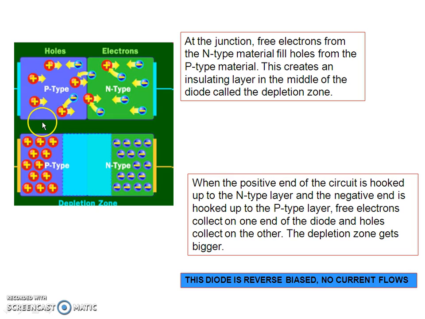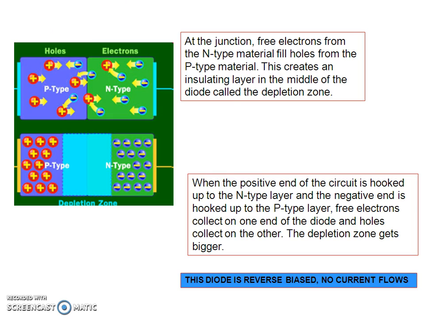The P side of the diode is doped with a trivalent element. A trivalent element, we know, has 3 electrons in the outermost shell, and so there is a hole. Due to the presence of a hole in the covalent bond, it is shown here in the figure, the holes are shown as positive